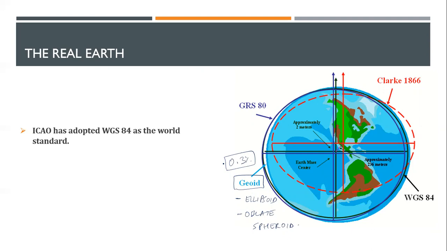Just like you have DGCA, Directorate General of Civil Aviation, that is responsible for all these procedures, rules, and regulations in India, for the world we have something known as ICAO, International Civil Aviation Organization. This decides what is right and what is wrong for the whole world in aviation. So ICAO saw all these things happening, and they adopted a standard.